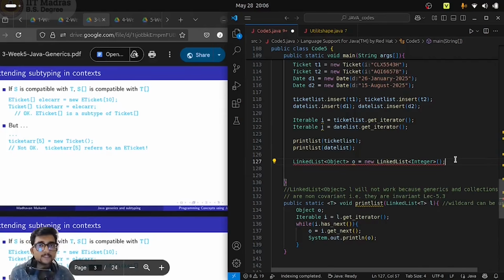So in that case, an array of object is a super type of array of integer or array of ticket or array of date, but a list of object is not a super type of a list of integer, list of ticket, list of date. Not only list, any kind of feature where you are using generics, they are not allowing you the covariance property. Even though the individual instances are related by sub super type relationship, when we use them in any feature where generic is given, that feature corresponding to that type will not show the super subtype relationship. Fine. Okay. Now since we have discussed this,